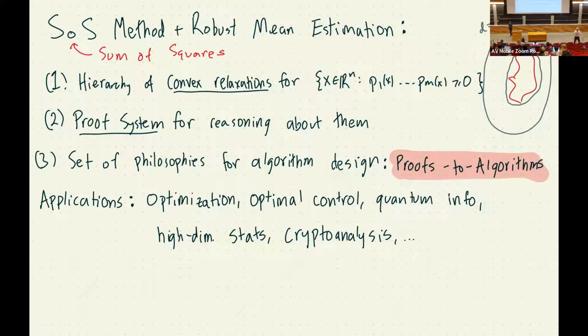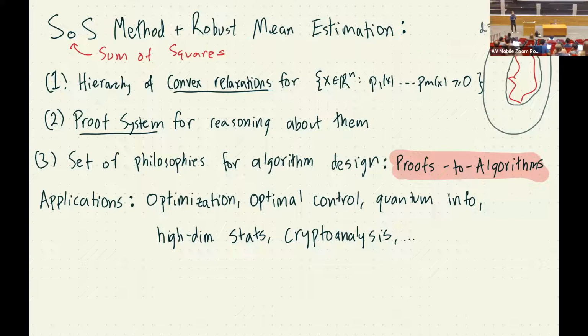Okay, hi everyone. So today's lecture is about the sum of squares method. It's several things, and I'll talk about what it is, but it's a collection of methods for algorithm design that have been useful across theoretical computer science, optimization, and other fields, especially in the last 10 years or so. There's been a real boom of activity. I'm going to tell you about one particular point of view on using the sum of squares method to design algorithms for problems in high-dimensional statistics, focusing for today on one particular example, which is going to be the robust mean estimation problem. But first of all,